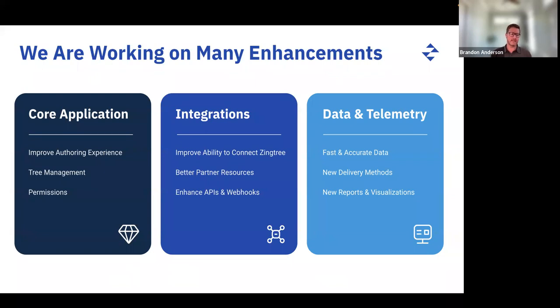And then the last is one that's near and dear to my heart. I spent a bunch of time in this area, which is the data and telemetry. How do we make sure that we take all of the data that's coming through your system? As users are coming through a process, for example, coming through a tree, we're looking at the flow, we're seeing how agents are utilizing one of the decision trees. How do we take that information and bring it to you in a way that makes it easier for you to draw conclusions or make improvements in your business?